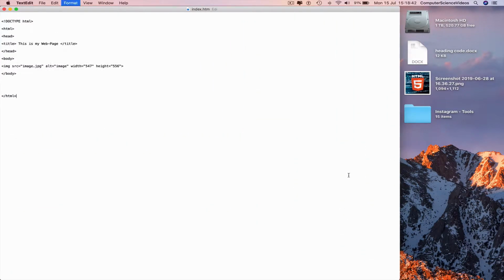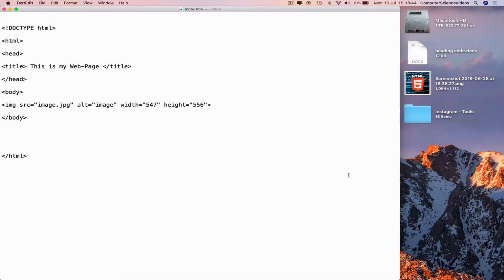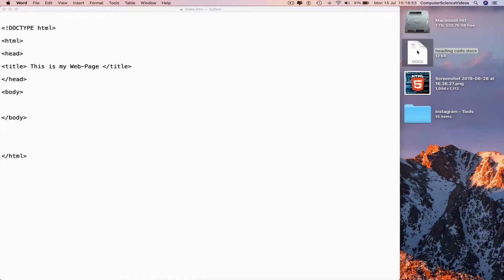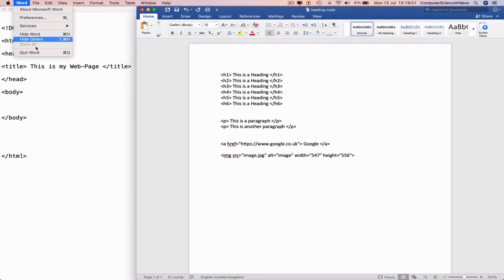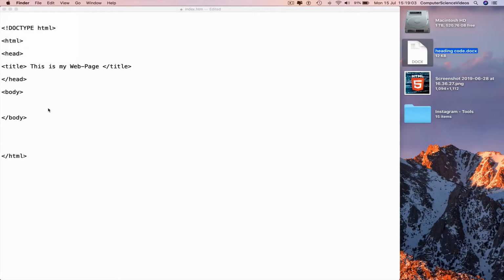And now Command plus to also increase the text, copy the image code from the previous tutorial. Command X, open up the Word document, insert the code into this document for later use. Command S, close out to the Word document, and now within the body, we can now insert the code to